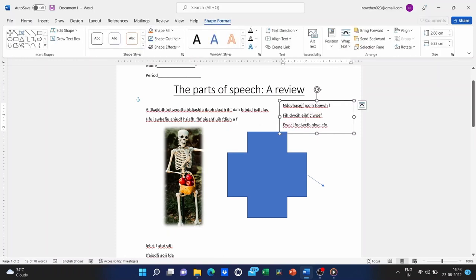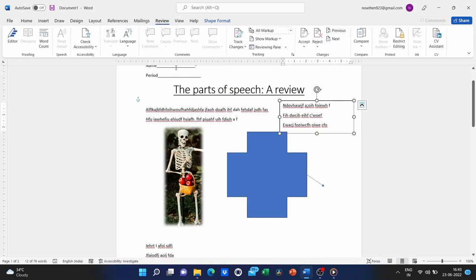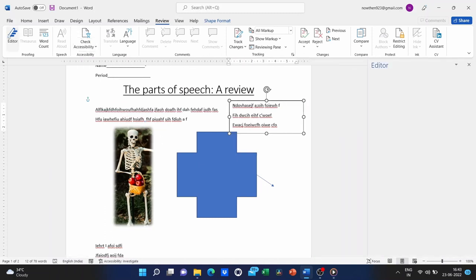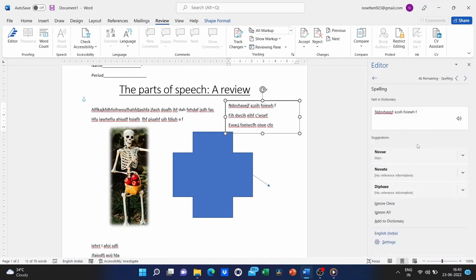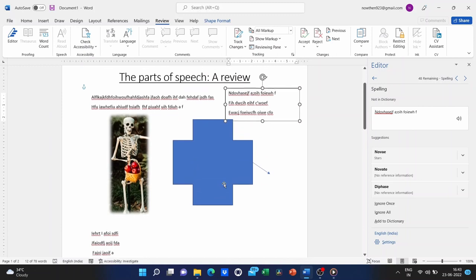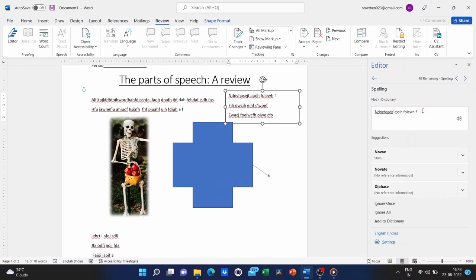Okay, now here in the review tab, a few other basics that you need to know about whenever you're writing a paper or a report or even a worksheet like this. It's important to get the spelling right, and you can see here on the review tab, you can click spelling and grammar. And it will check for spelling mistakes. Now it looks like it found one.